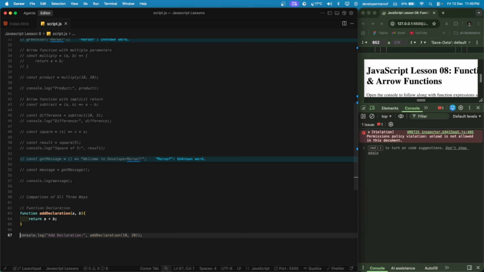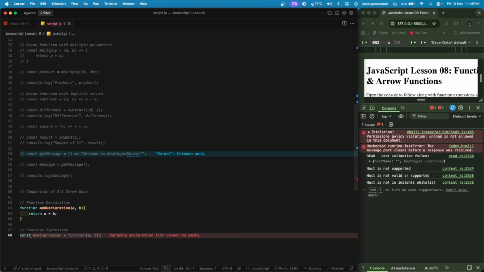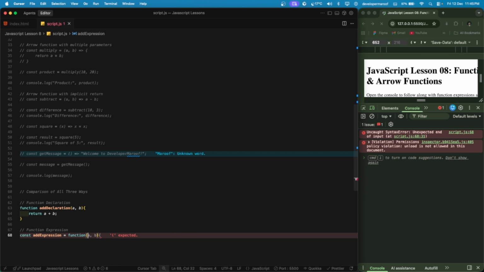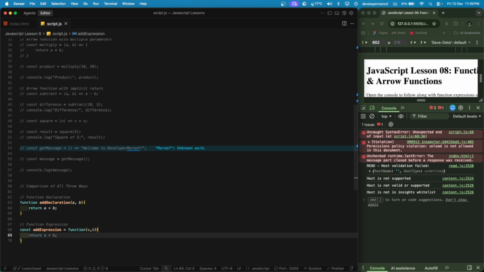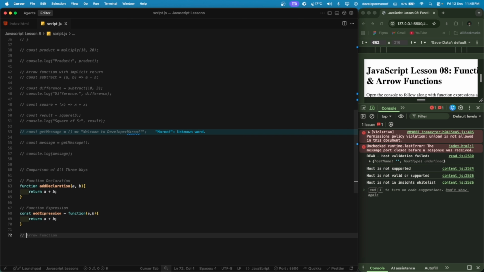And our second, function expression: const addExpression equals function a, b, curly braces and return a plus b. And our final, arrow function